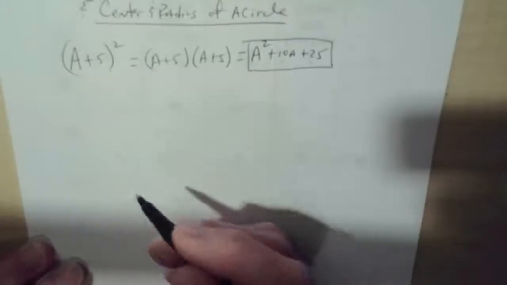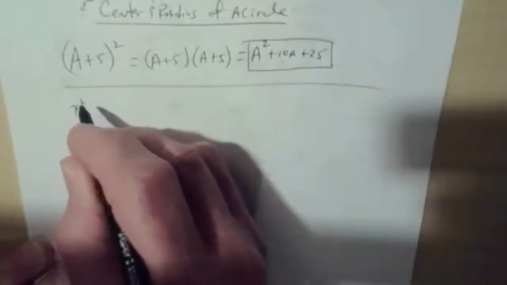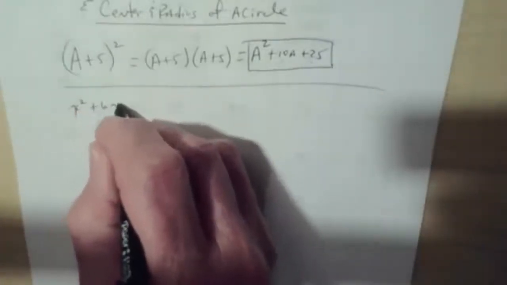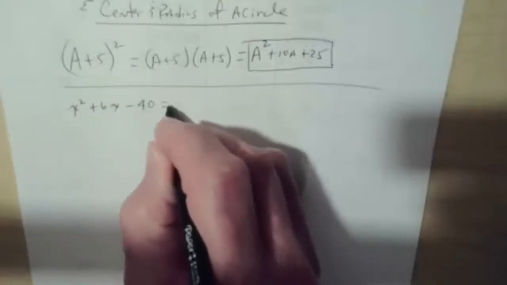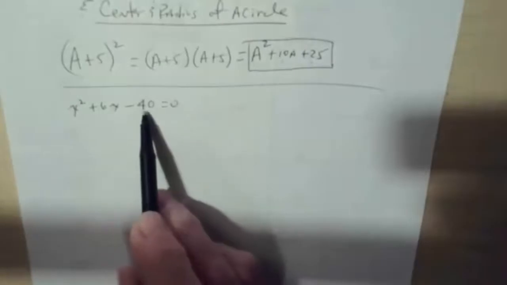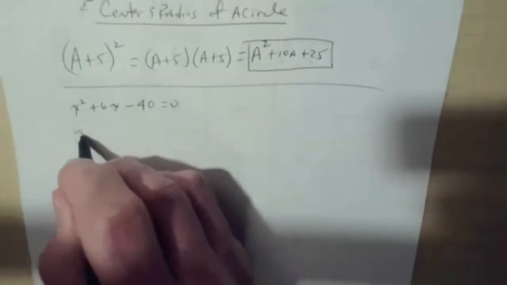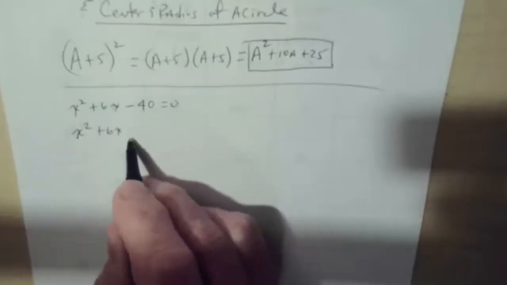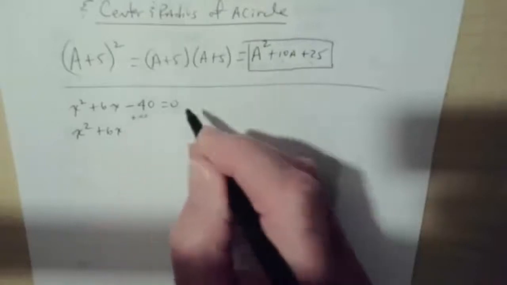So if we have x squared plus 6x minus 40 equals 0, what we want to do is move the 40 over to the other side, and we get x squared plus 6x. We're going to skip a little space here to complete the square. We're going to add 40 to each side